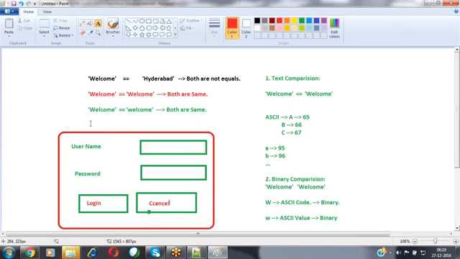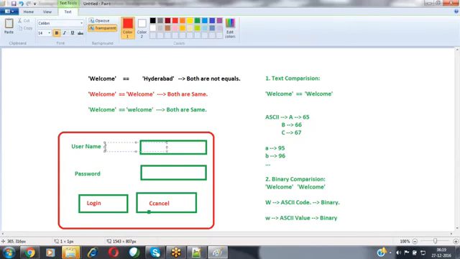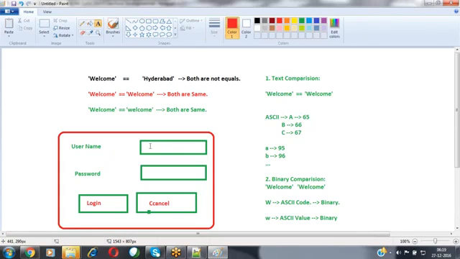So now tell me here, which value will be compared with the help of text comparison, and which value will be compared with the help of binary comparison. When coming to the username, whenever you are logging into that application, you can enter that username in uppercase letters, lowercase letters, or a combination of both. It won't bother about that. Simply it will verify whether this username is correct or not. That's it. But when coming to the password, we have to enter it in the exact case.